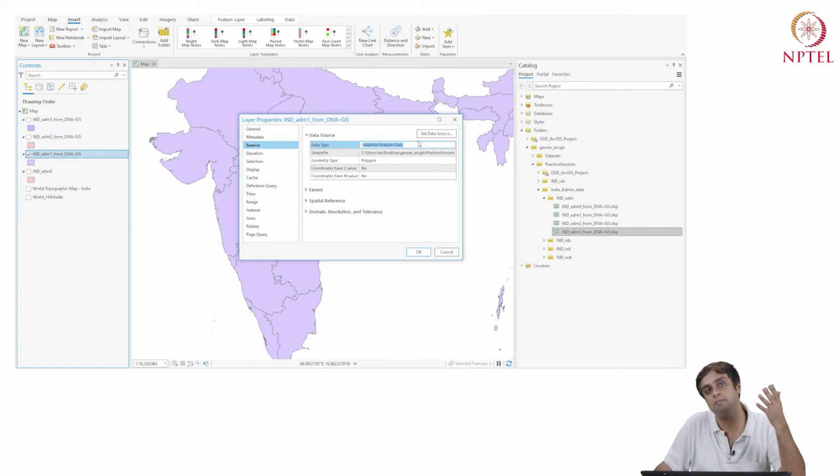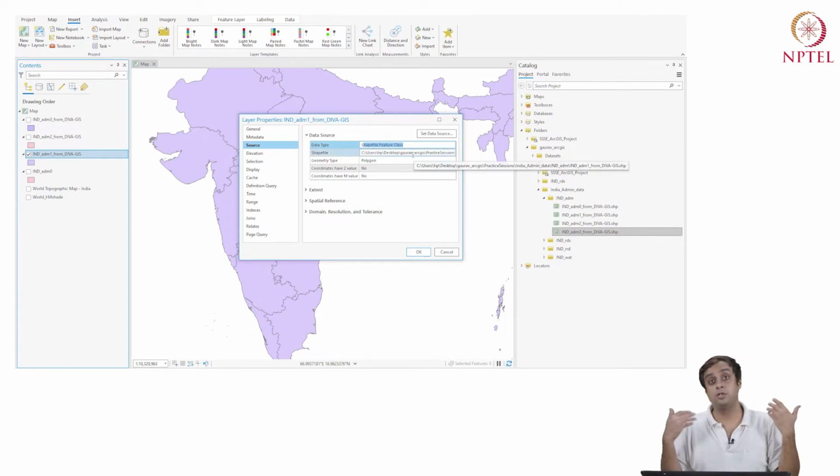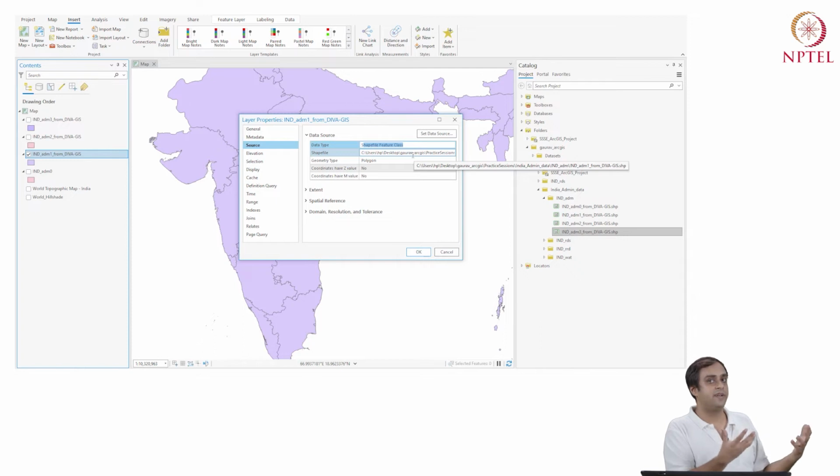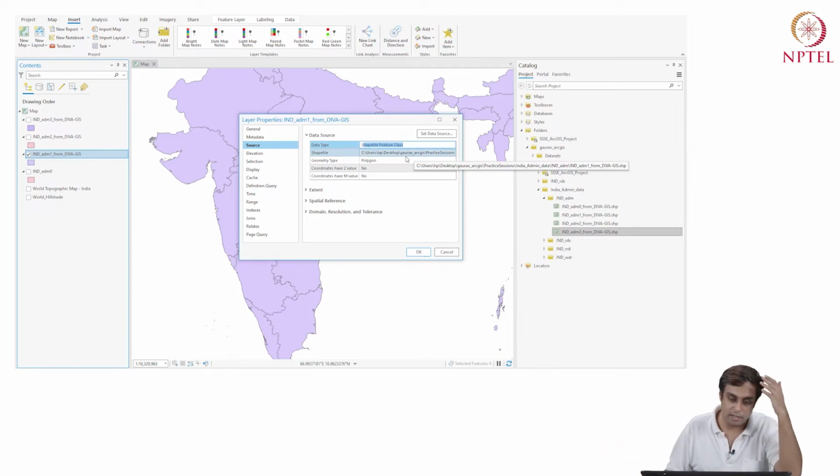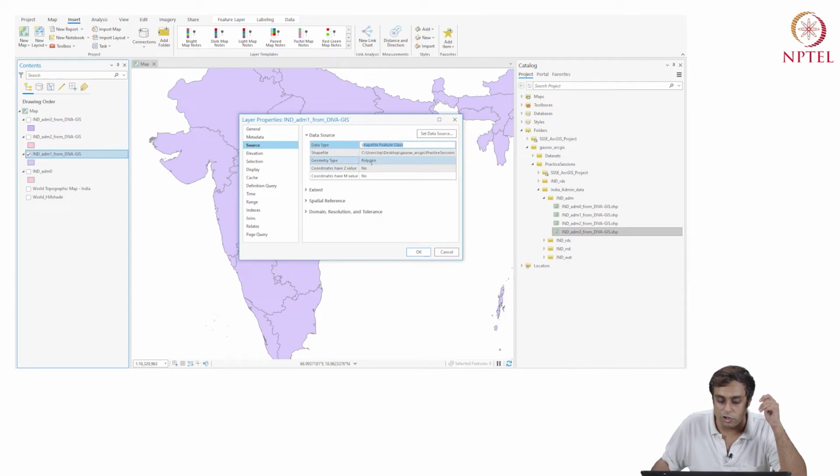So it's a shapefile, we know it's polygon data, so it's a shapefile and it's a feature class. Shapefiles are often referred to as features. So polygons, lines, points are often referred to as features, vector data. Instead of saying vector explicitly, if it says feature data, features are often referring to vector data in the ArcGIS terminology. Geometry type is polygon, we know that.